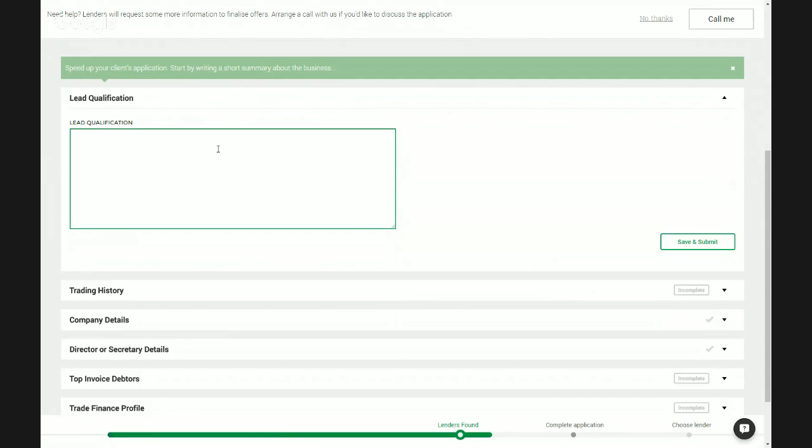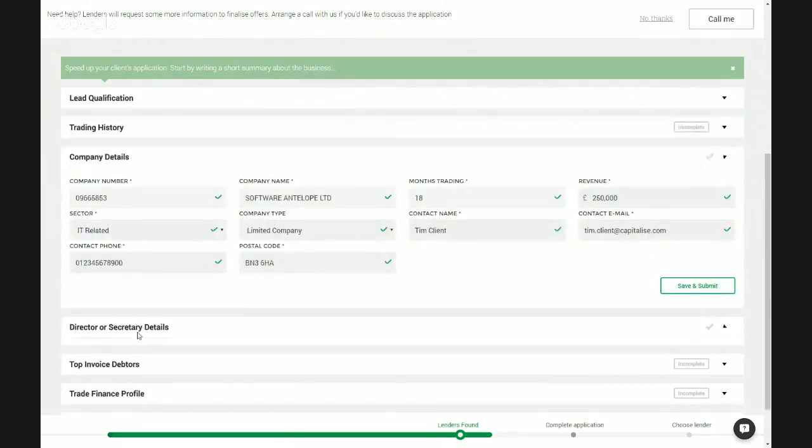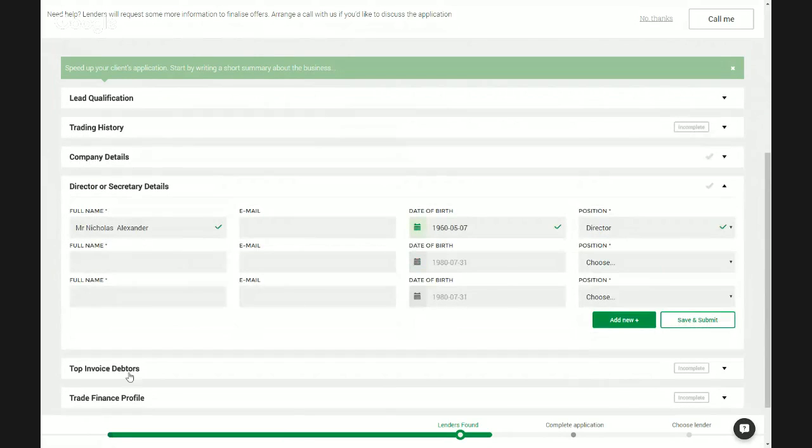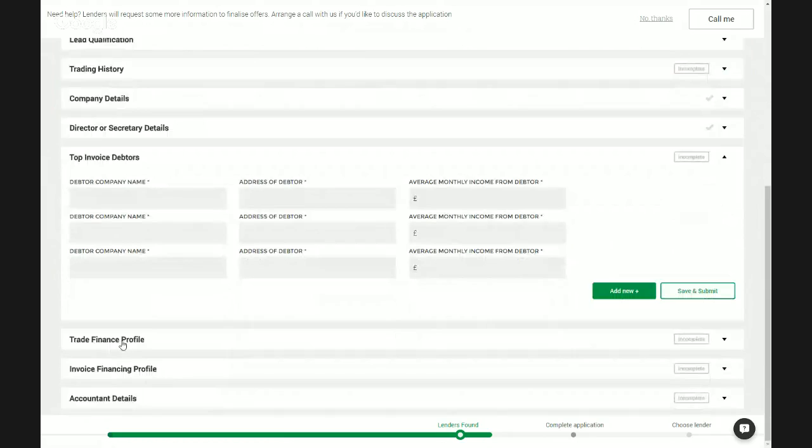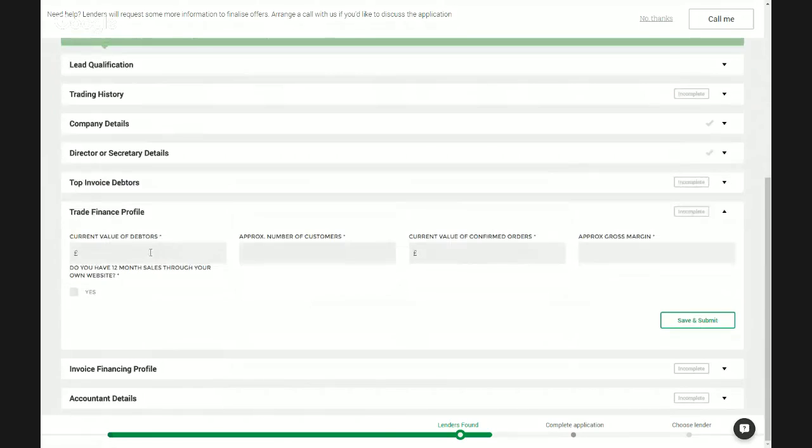So this might give some information about what they need the funding for. It might give some information about some history on the business. And any information that I've inputted through the process will be pulled through into the passport, as we call it. And then additionally, some additional information which is relevant to the lenders that have been selected, such as invoice, debtors, and any margin questions,